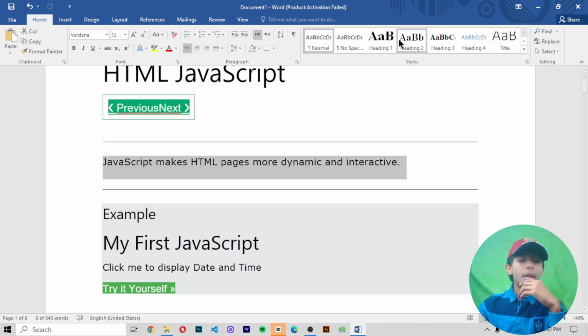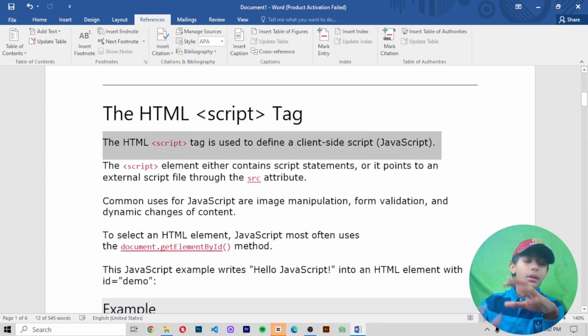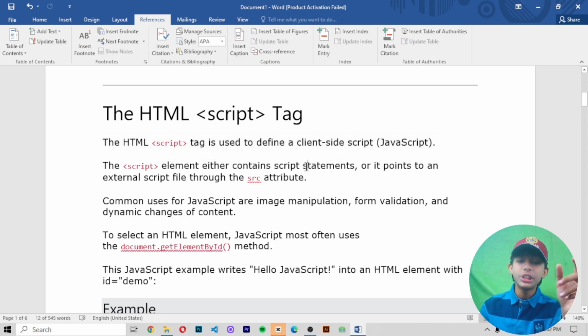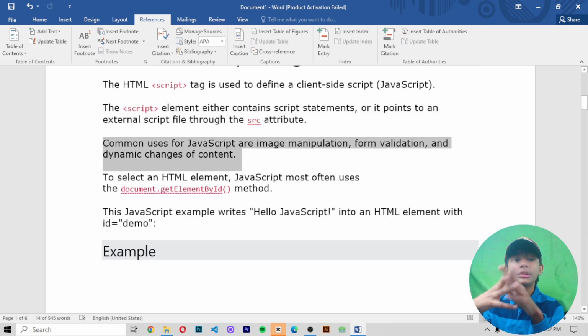Okay. Now there is one example. The HTML script tag is used to define a client-side script. It means using the script tag, you can write JavaScript code in HTML. The script element either contains script statements or points to an external script file through the src attribute.